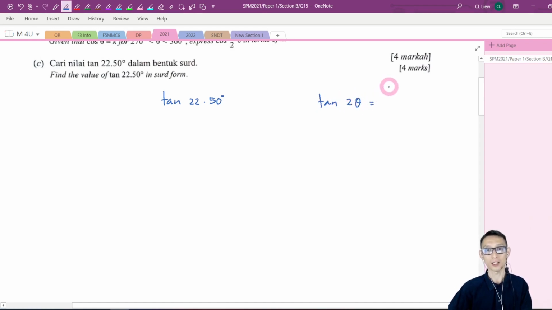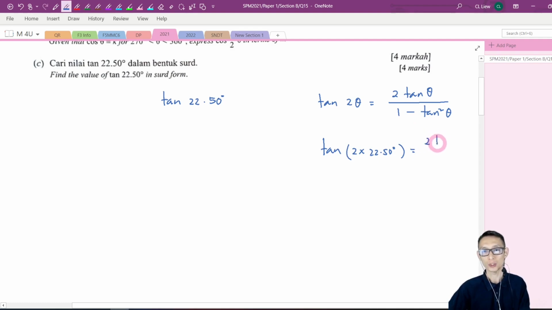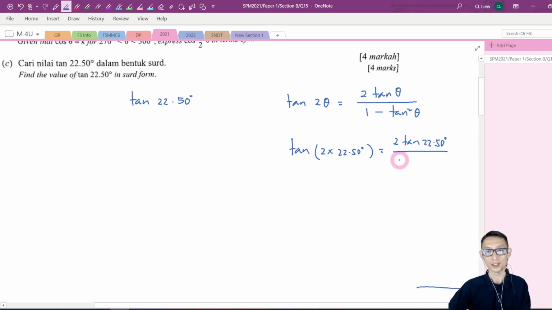Tangent 2 theta, what is the formula? 2 tangent theta over 1 minus tangent squared theta, right? Okay, now we are looking for this one. So if I substitute theta as 22.5, what will happen? Now it will become like this. Tangent 2 times 22.5 degrees is equal to 2 tangent 22.5 degrees divided by 1 minus,